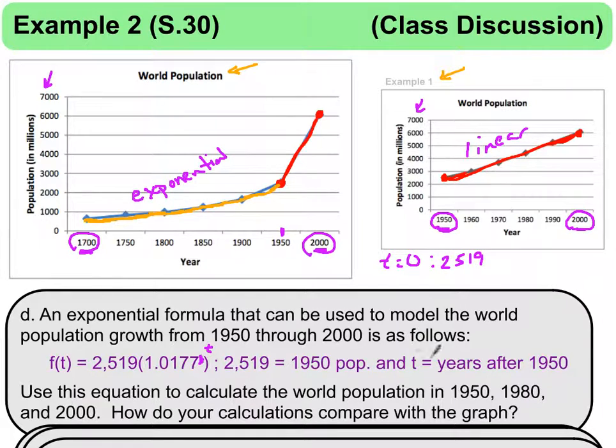2,519. If we wanted to represent 1980, that is 30 years after 1950. So it's important a student notes that where t is, you're not going to put 1980. You're going to use t equals 30. When you plug in t equals 30 and you calculate that for 1980, you're going to get a population of